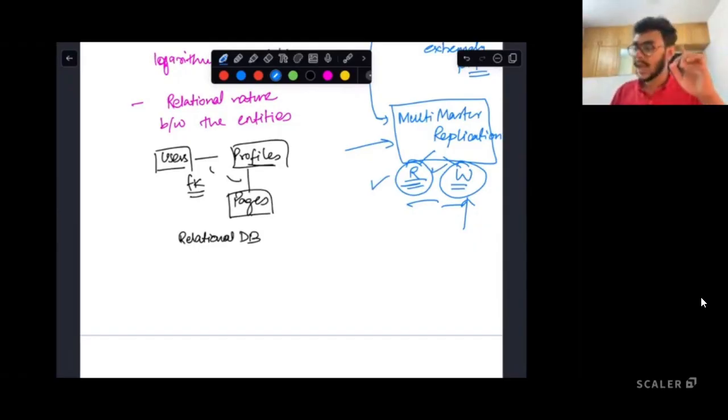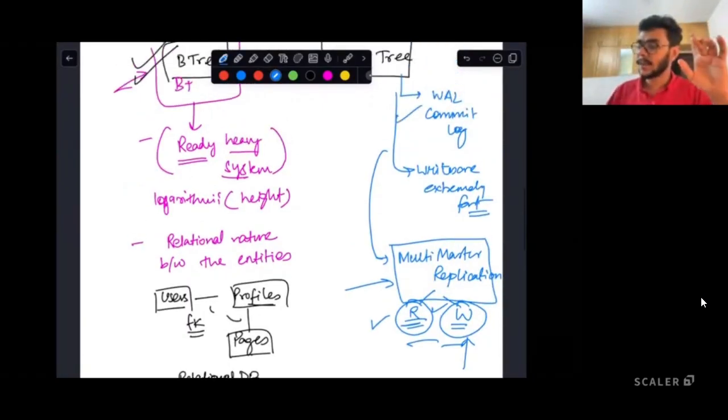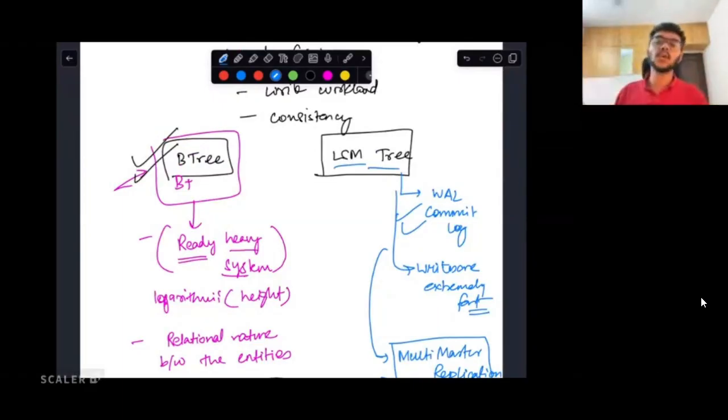That is one thing. And the latency non-functional requirement that we had, that we should have a very low latency kind of a system, that is also being solved by the commit log kind of a data structure. So for the problem statement that we are discussing right now, this LSM tree kind of a storage engine happens to be a very good candidate.